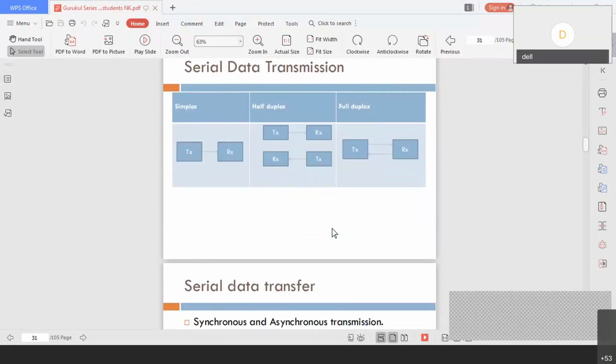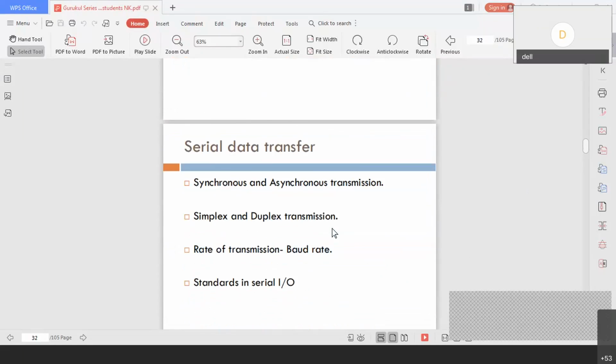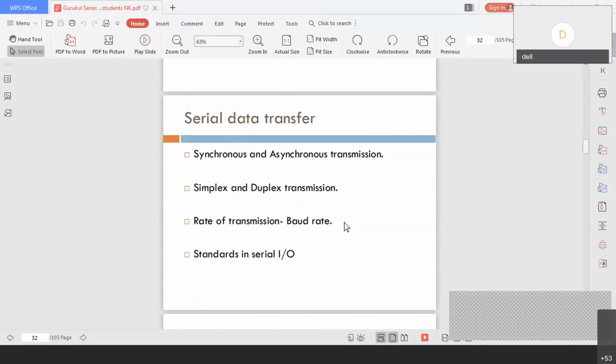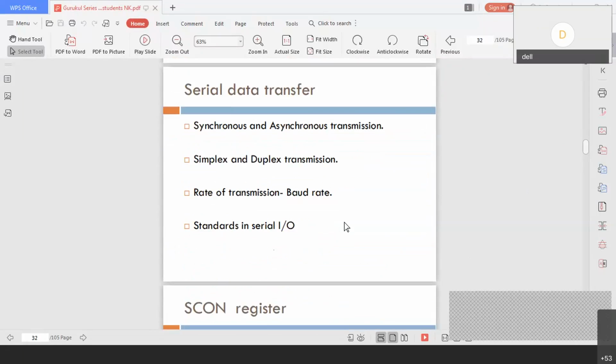Next, once we know about methods of communication, there are additional things we are supposed to know. It is called synchronous and asynchronous transmission. Synchronous means, generally, if the transmitter is transmitting at 1 Mbps and the receiver is receiving at the same speed, this is called synchronous communication. To match different speeds, we use asynchronous transmission. Sometimes we need to store and forward. Sometimes we can have a higher speed device connected to a lower speed device. Then asynchronous transmission is used.